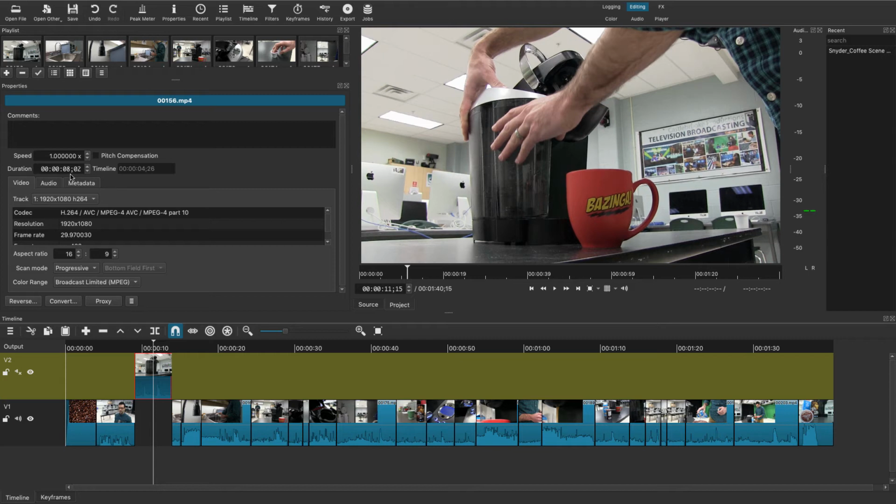It would have to be, for a half second dissolve, I'd need 15 frames. It's just very simple math. Half a second, so there are 30 frames in 1 second. In half a second, divide it in half. So I have to divide the number of frames in half, which gives me 15 frames for a half